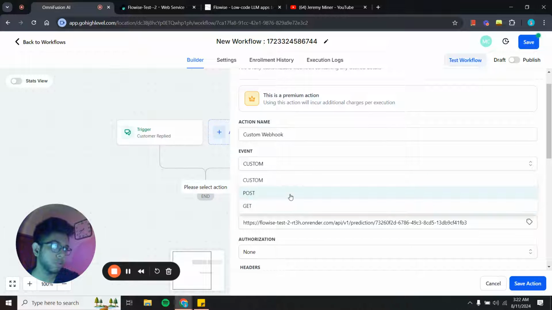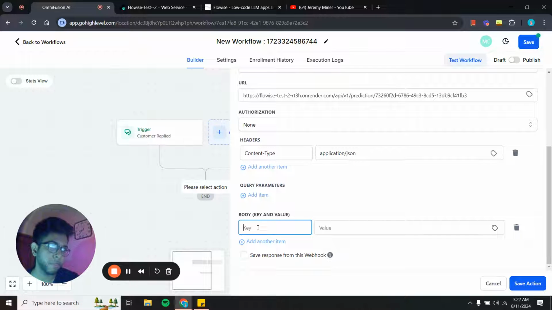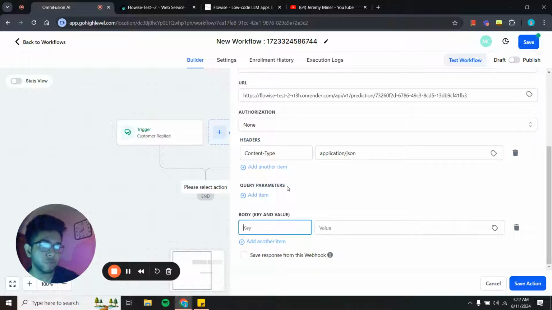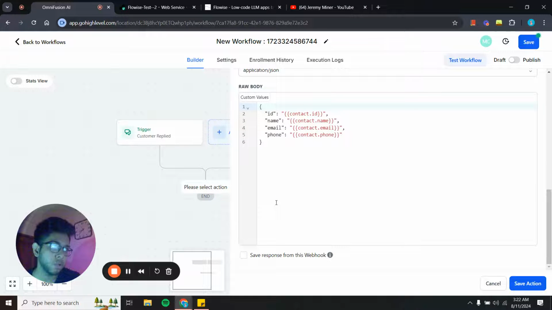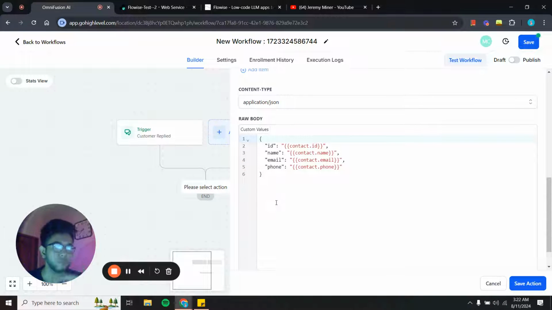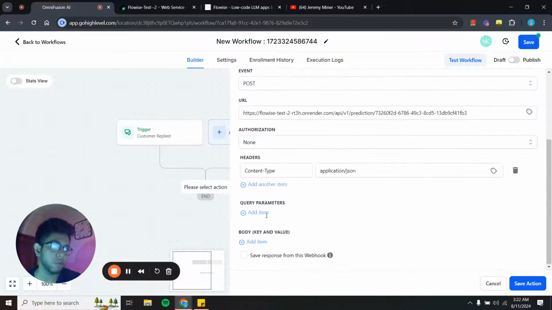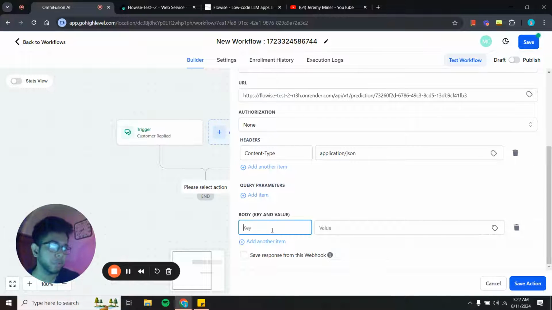Okay, and one more thing. We can give it to POST request and body. I think I mentioned that it has to be set on custom, but we're gonna have to keep this in POST. It doesn't actually matter. If it's set on custom, then there is an extra field over here, which actually requires a different scenario, a different setup. Let's just keep it on POST. My bad. So let's just keep it on POST, and we're gonna be adding a key value pair over here,